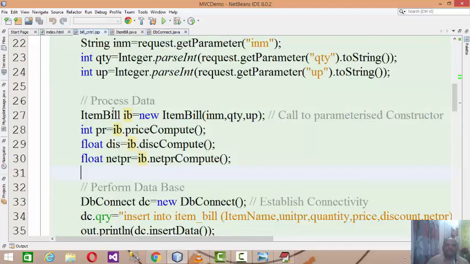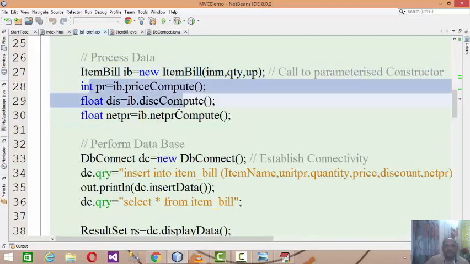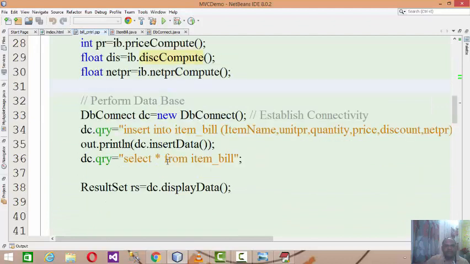Now let's go to the controller again. In the controller page, after accepting the data and after processing the data, it's now time to manage all the things on the database. So what I need to do is import the package dal.*, and then create an instance of DBConnect, dc equal to new DBConnect.